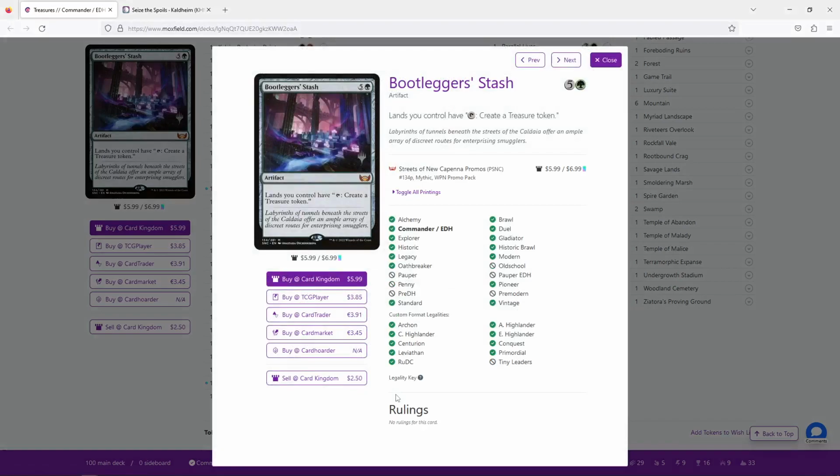Bootlegger Stash is 6 mana, and your lands now tap to create a treasure token. I don't like this. I don't like this at all. Not only is it an artifact, which makes it susceptible to the same kind of hate that the rest of your deck is susceptible to, it's 6 mana to do nothing a lot of the time. And there might be situations where you're like, oh, cool, my lands now create treasures, and with the right setup, that means every time I tap a land, I get 2 or 3 treasures. That's cool. But if you don't have that setup, this is just kind of bad